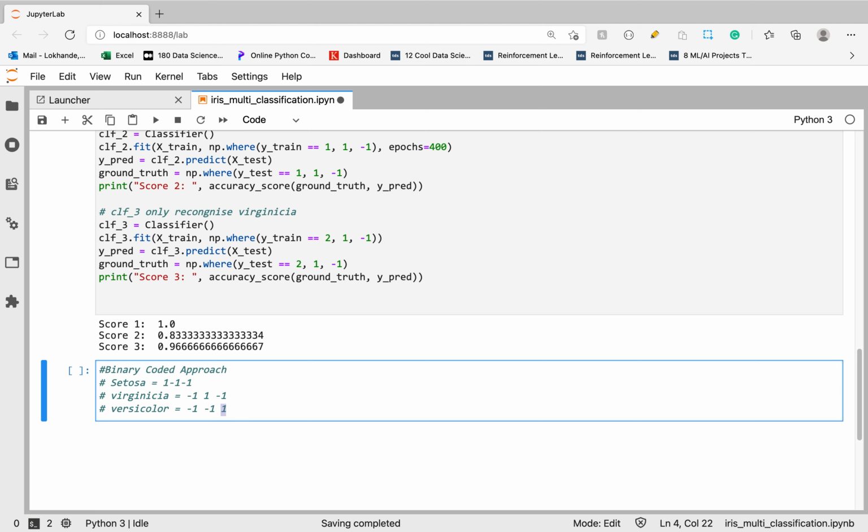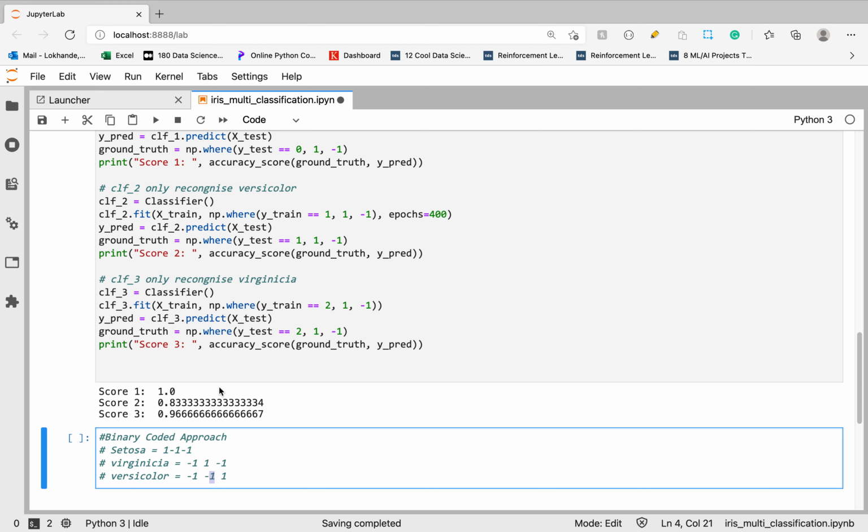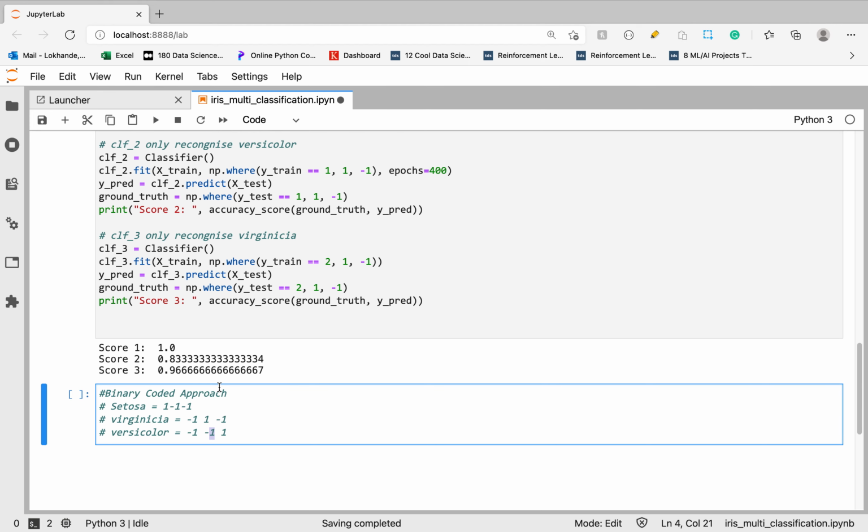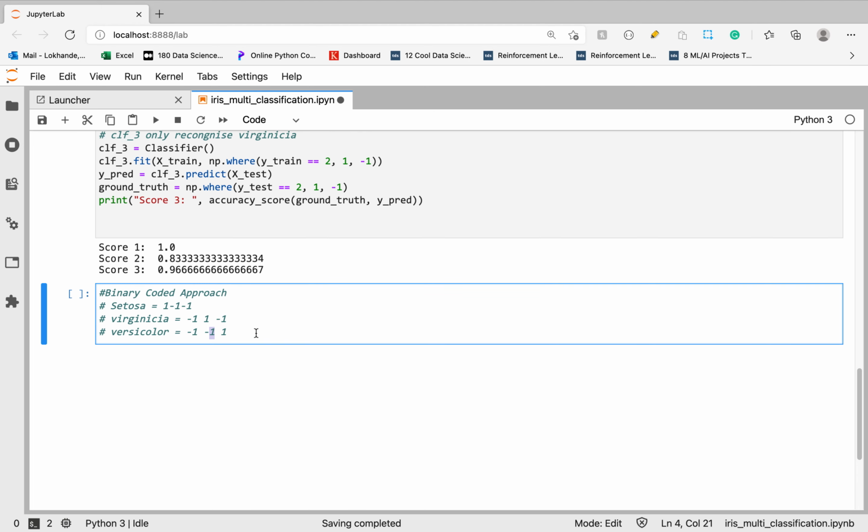Classifier 3 recognizes versicolor, and classifiers 1 and 2 do not, therefore classifier 1 outputs -1 as well as classifier 2. Same in the case of setosa: classifier 1 recognizes setosa, therefore it outputs 1, and classifiers 2 and 3 do not recognize setosa, therefore their output should be -1.